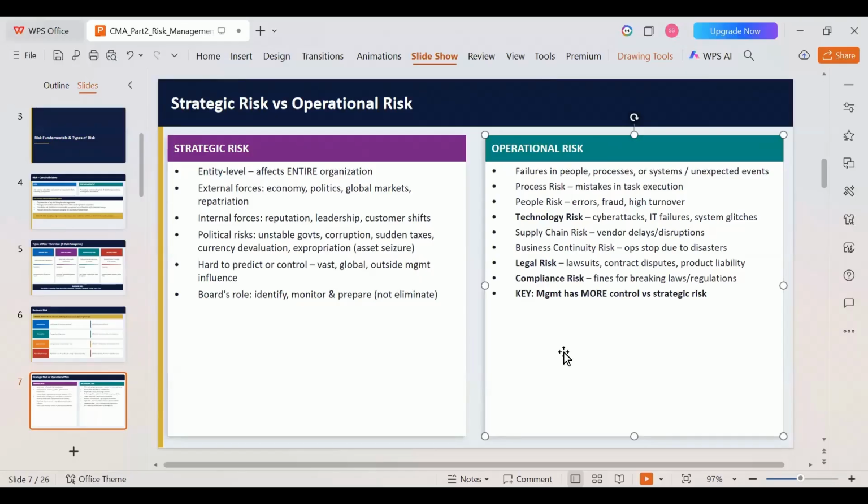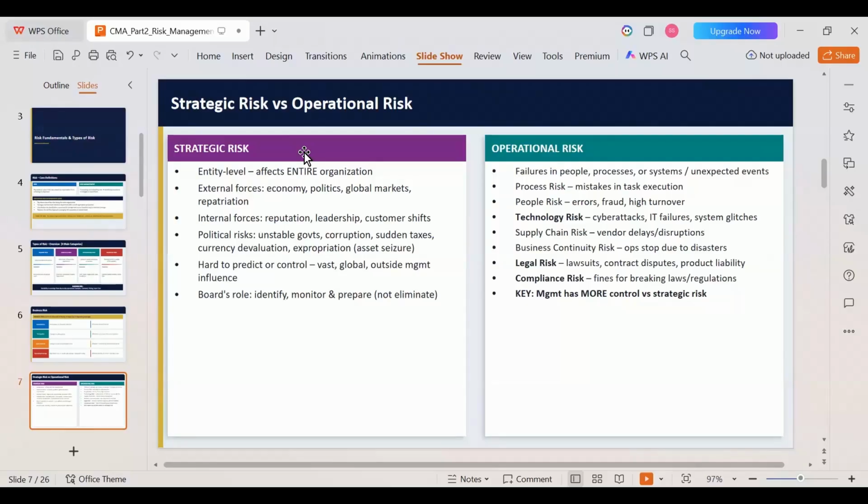Okay. Then, when it comes to strategic risk and operational risk, operational risk can be controlled up to 90%, because most of the internal factors are involved in operational risk. But when it comes to strategic risk, most of the external factors are involved. Whenever internal factors are involved, it will be in the organization's control. They will have maximum control over operational risk. If they make up their minds, they will be able to reduce operational risk. But strategic risk is external. We will not have any stake in external risk.